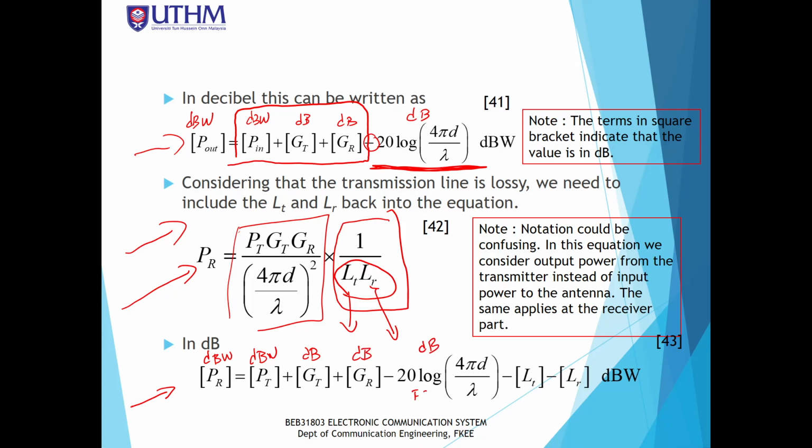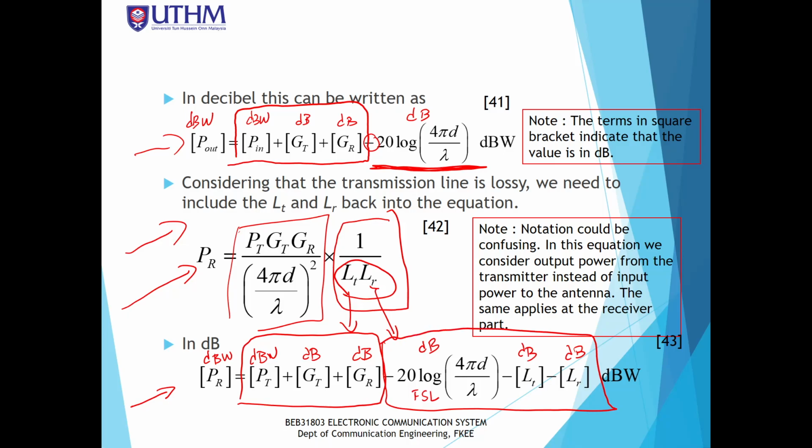So you see this is the power multiplied with the gain, and this is also the losses part. So we subtract all the losses, and we get dB here. So you see that, class,